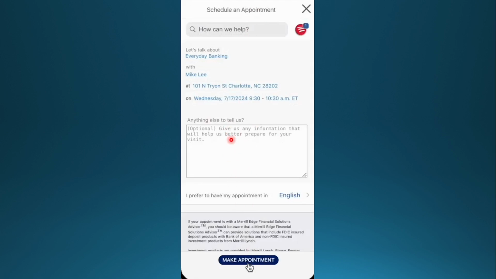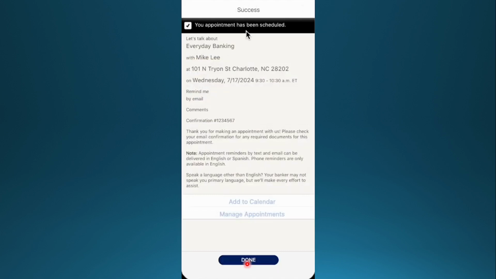If you want to tell them anything, you can go ahead and enter some information, click on make appointment, and as you can see, your appointment has been scheduled. Really that